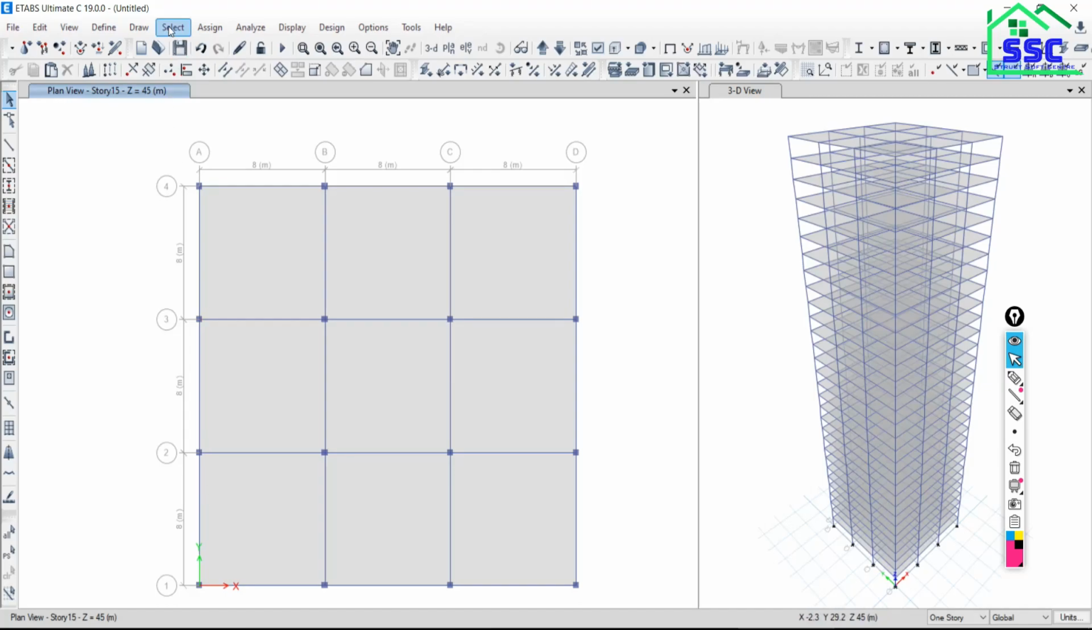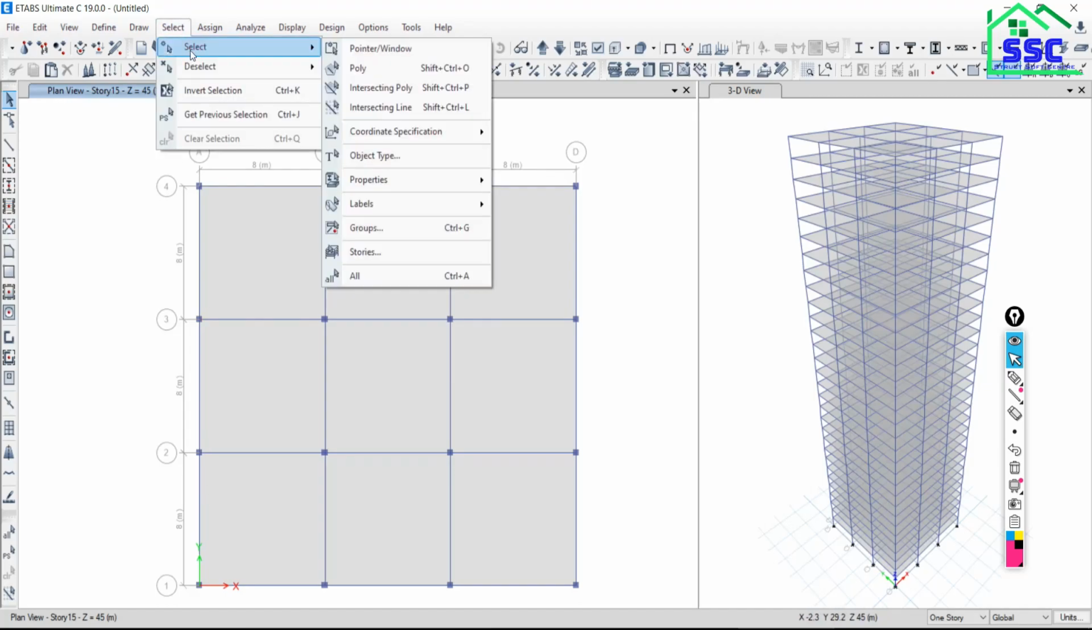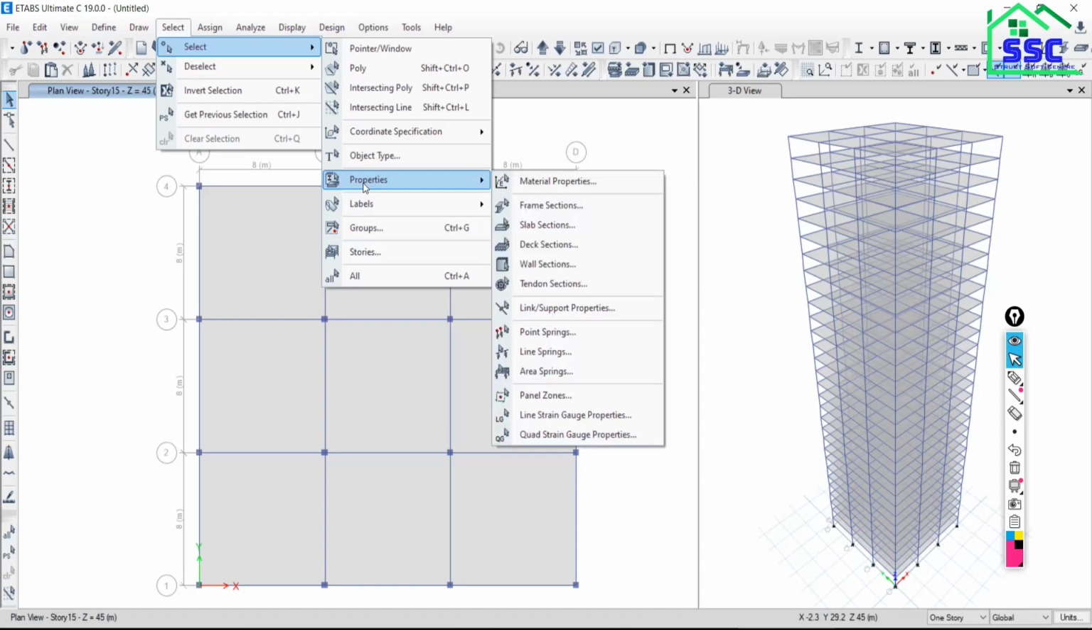Okay, then go to select again. We have discussed all about the selection by the object type. Now the next one is by properties. By what properties? Suppose it is a very big model, and many materials are used in this model, like